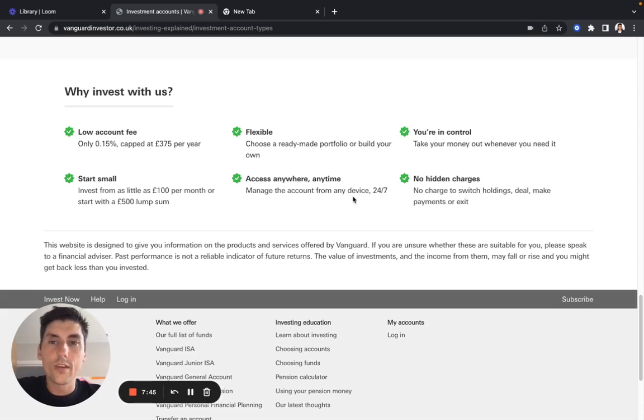However, worth noting, they don't have a mobile app, so the only way that you're going to be able to view your accounts and your investments is through the vanguardinvestor.co.uk website. You can obviously do that via your mobile phone, but just worth noting that there is no mobile app, so everything has to be done via the website, which I actually think is a good thing, because